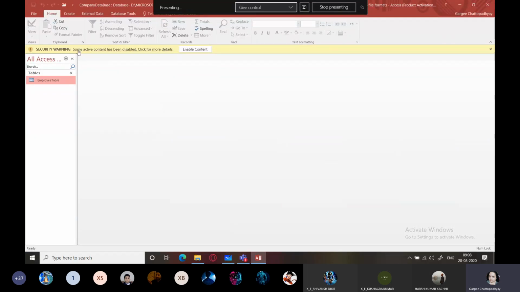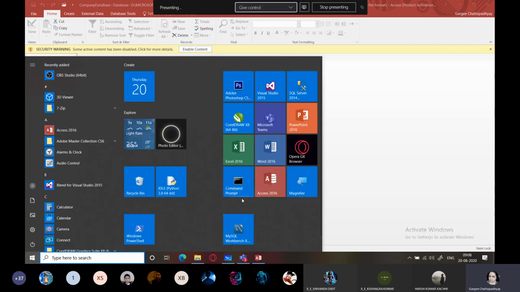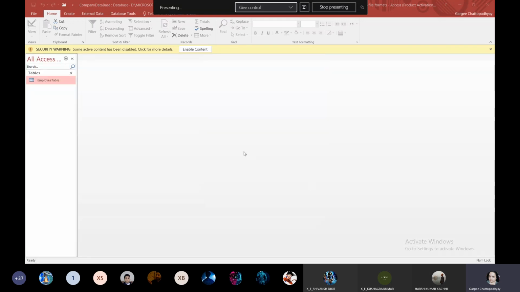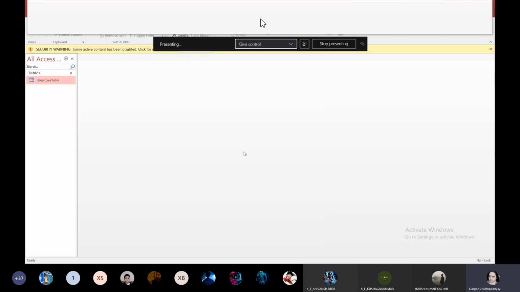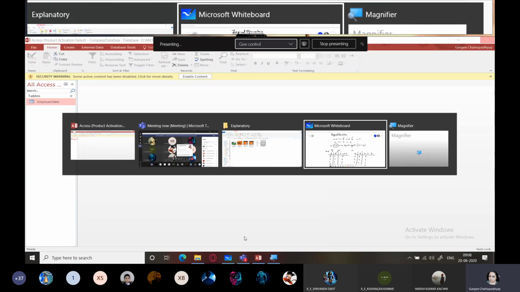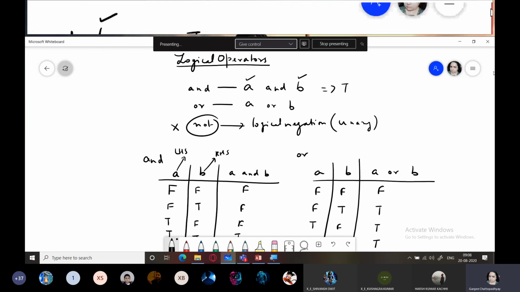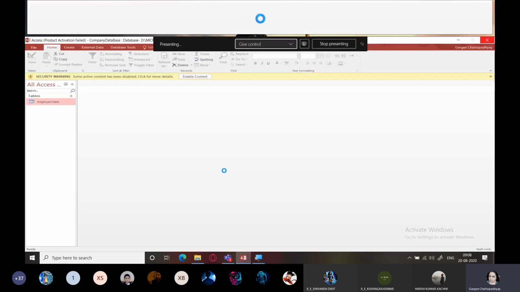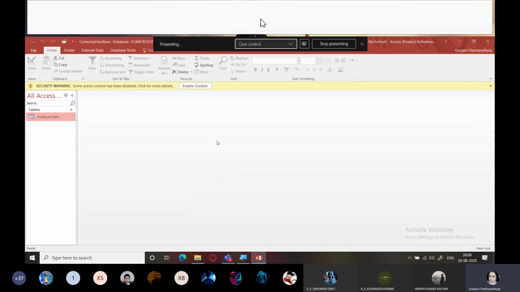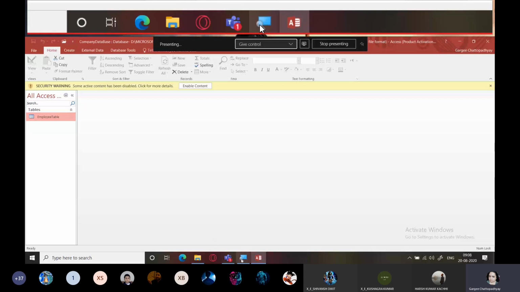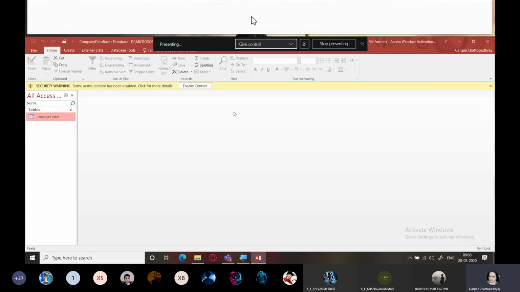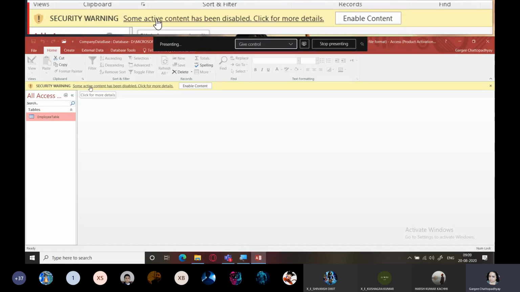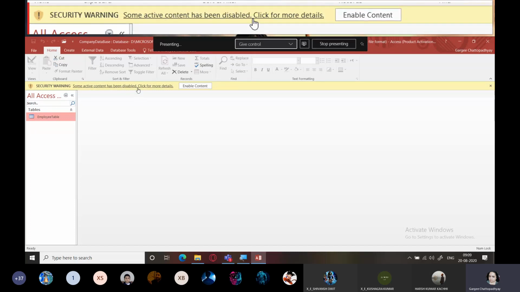Now, many times you will get this kind of a warning. So what I'm going to do is, first, I will switch on the magnifier. Students, I will switch off my extra softwares, because last time my system got hanged because of it. Okay, so I have switched off the extra softwares. So right now you are getting this, some active content has been disabled.